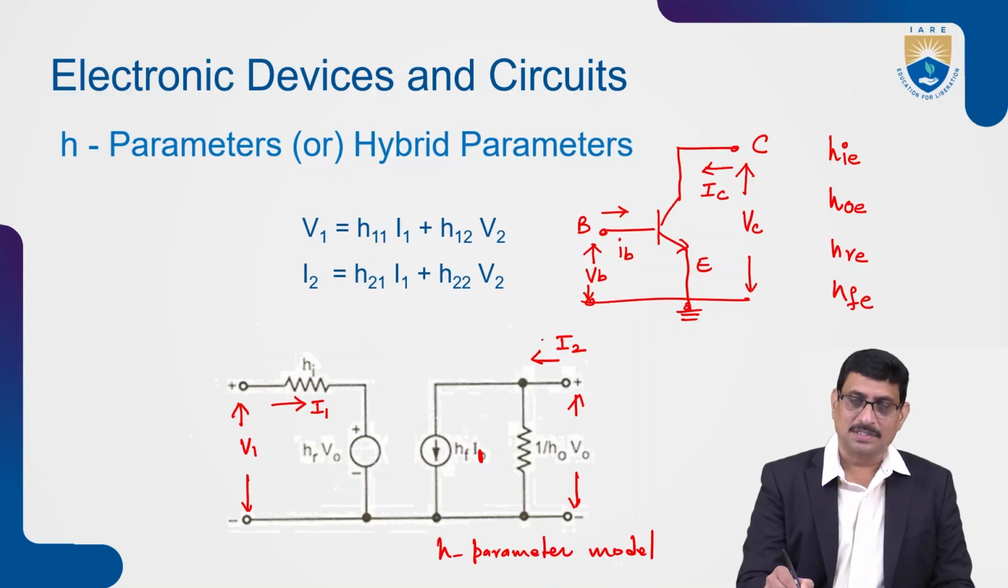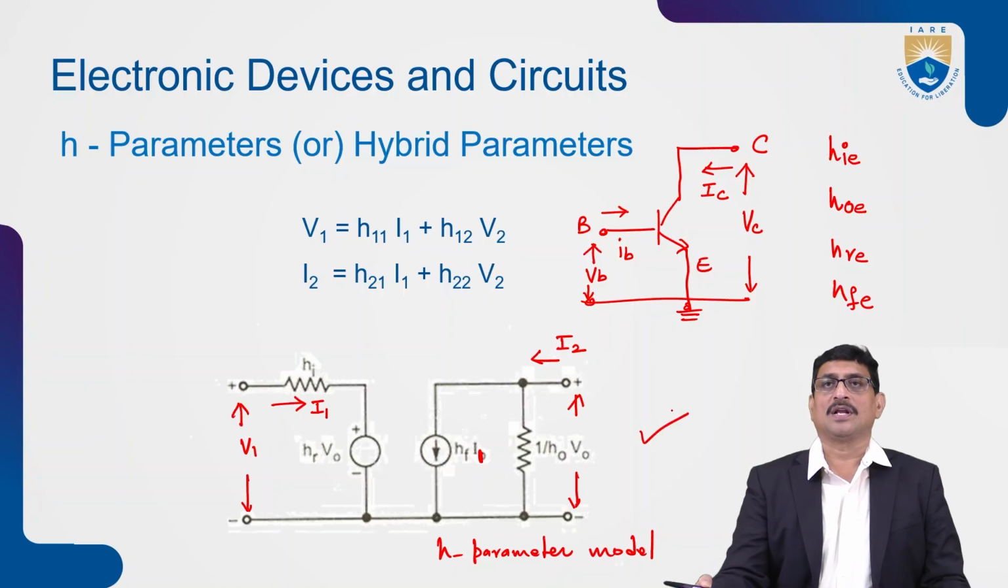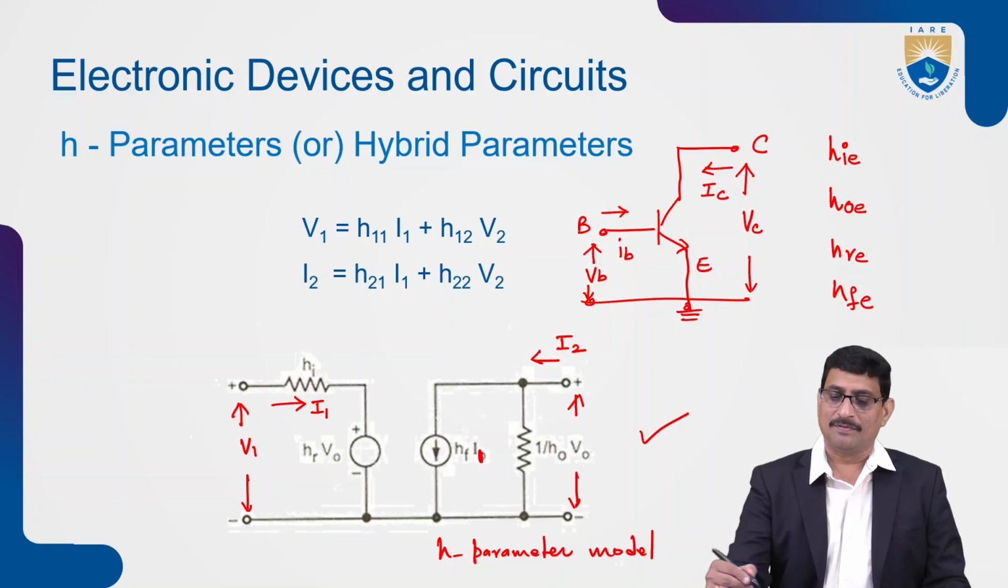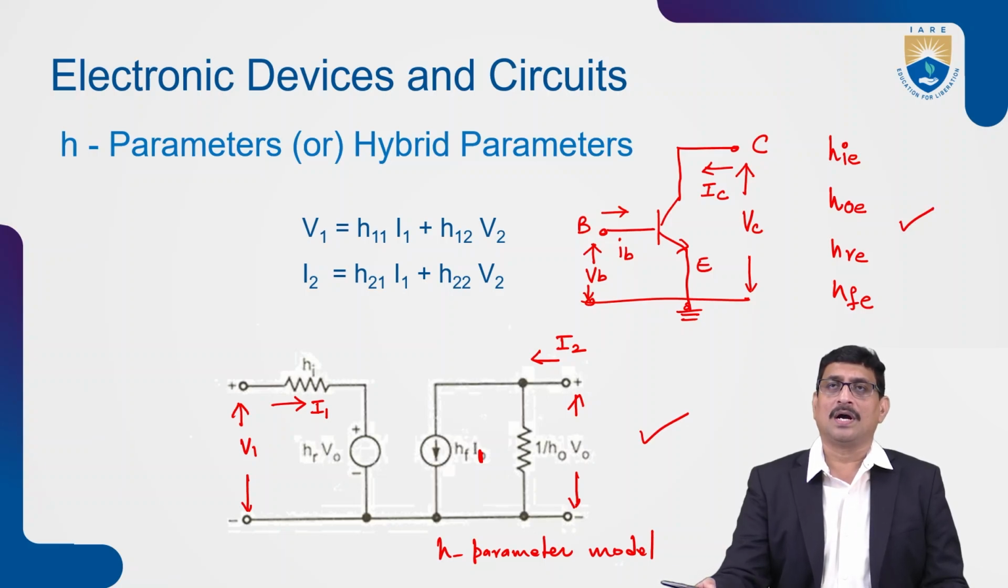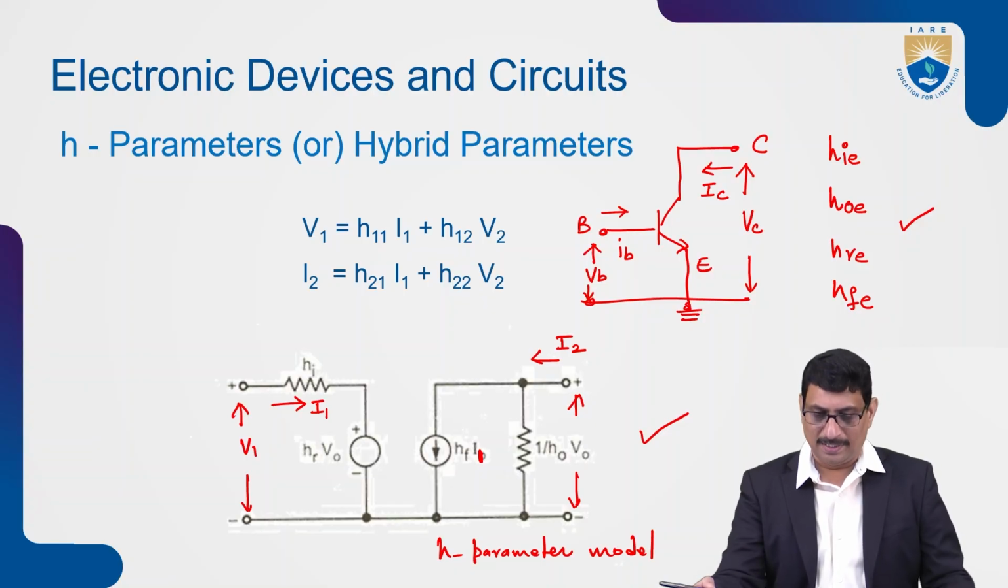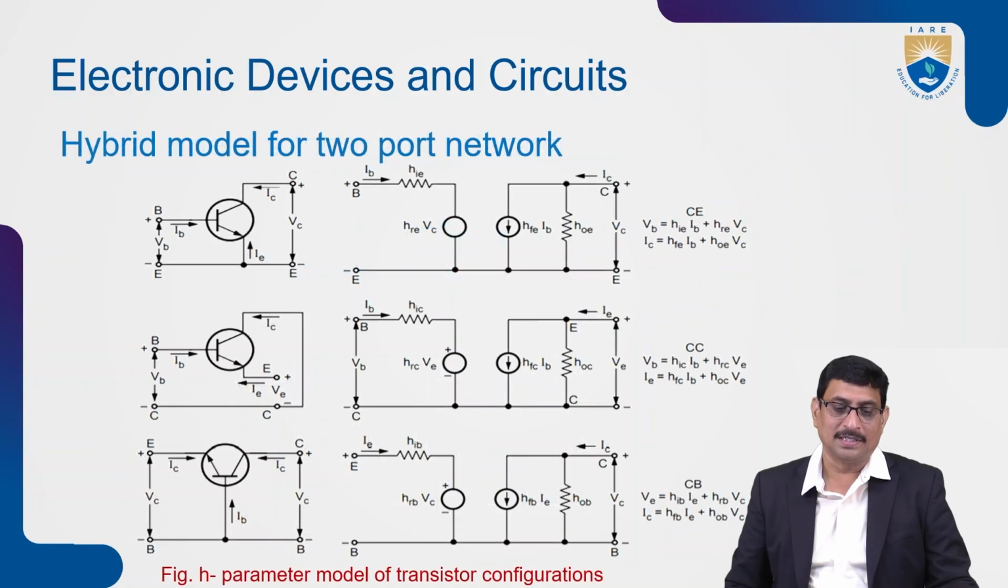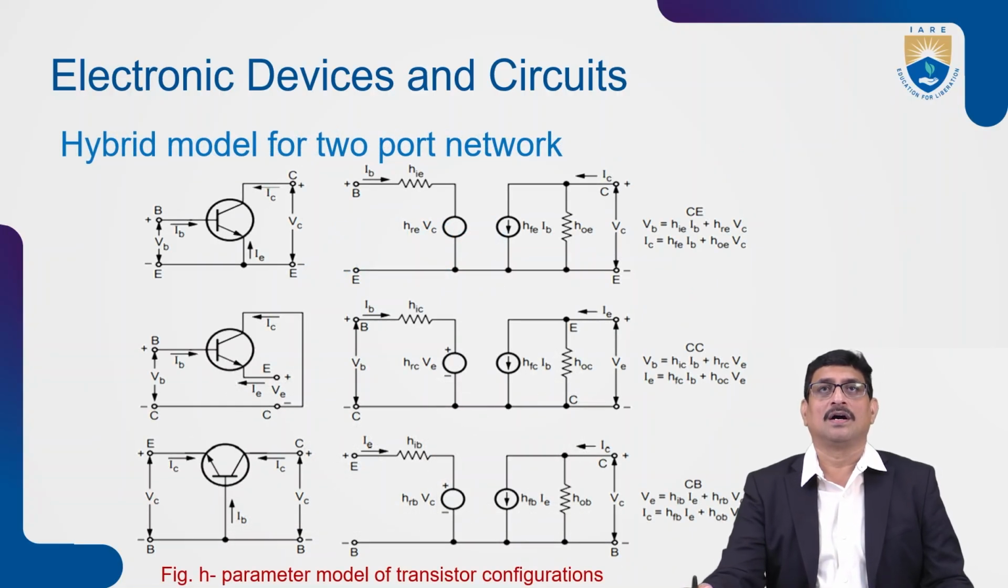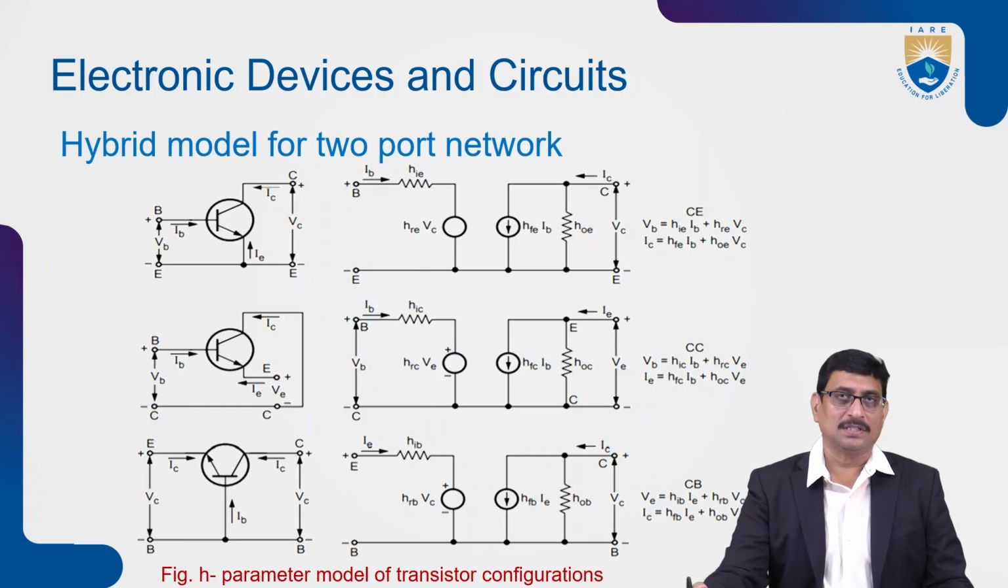In the same way, this is the H parameter model. Wherever the H parameters HI, HR, HF, HO are there, I will replace them with the H parameters of the CE configuration. Wherever V1, V2, I1 and I2 are there, I will replace them with VB, VC, IB and IC respectively. Then see what the hybrid model or H parameter model of a two-port network is by using the transistor